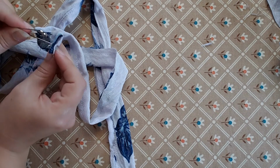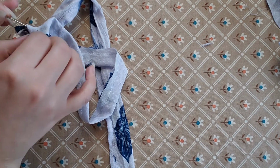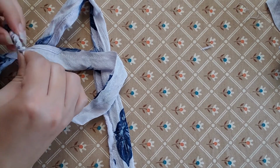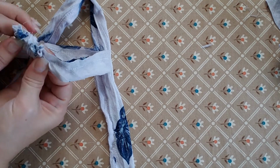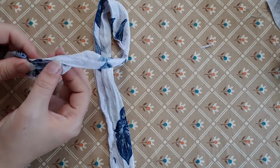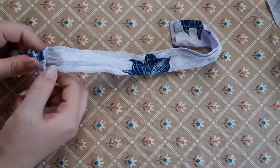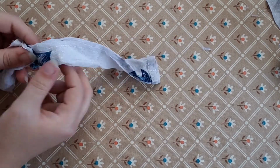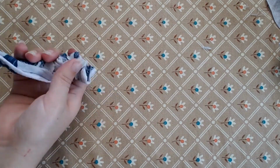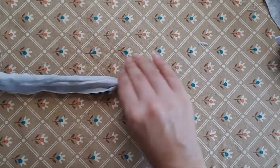So can I just say, turning something inside out with the safety pin is a pain in the butt. I tried so hard. It took me so many tries to get to this point. And I need to figure out either something to turn tubes or an easier way that is not a safety pin. So satisfying. But like, you get caught. Like, I got caught and it like...